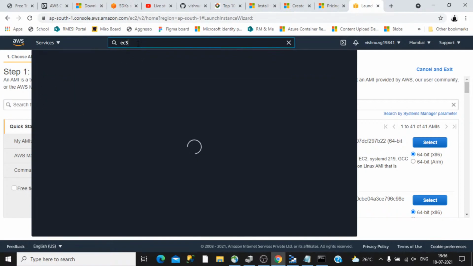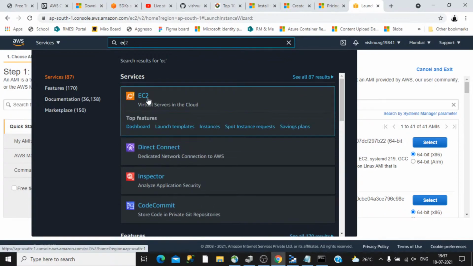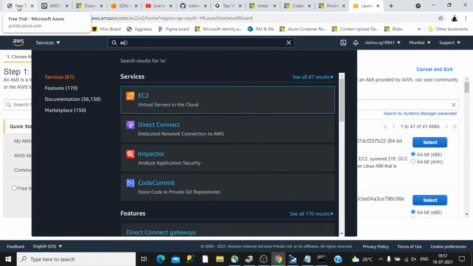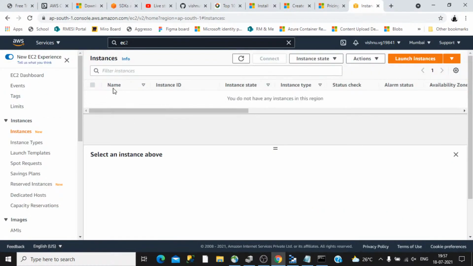In Amazon it is called EC2, Elastic Compute Cloud. If you type EC, it will automatically show here the virtual servers in the cloud. This is equivalent to the Azure virtual machine. In the terms of Amazon, creating it is called launch instance.